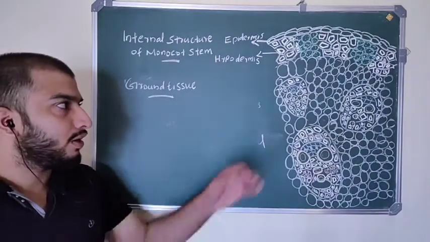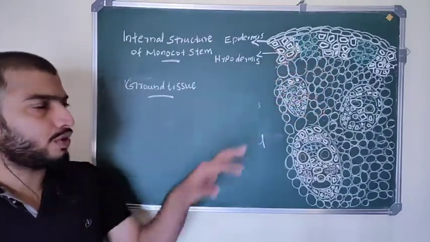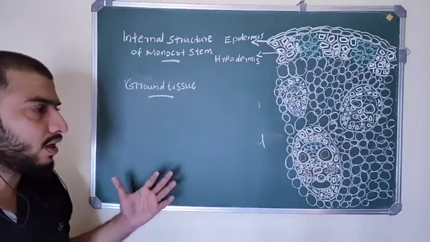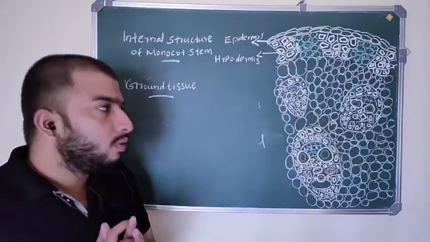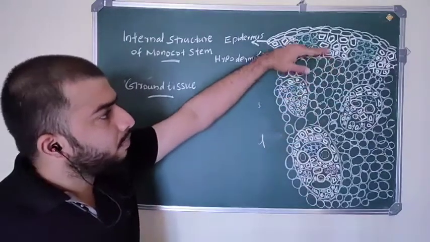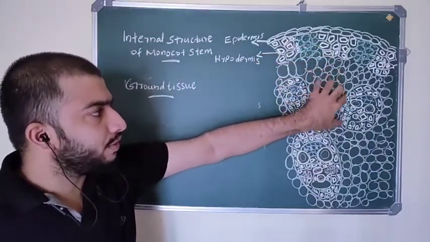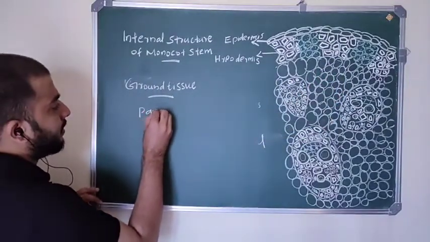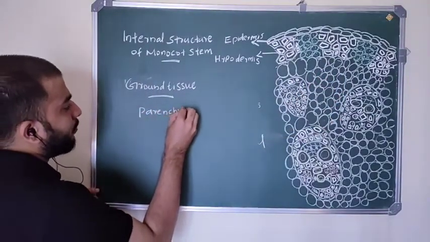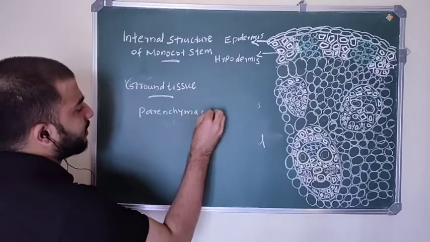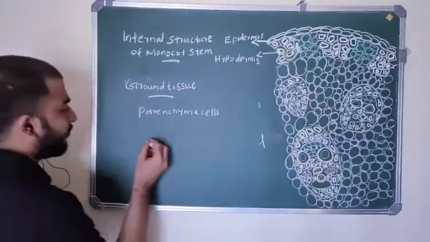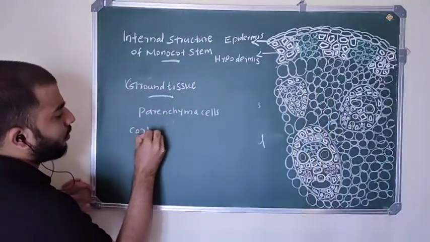This ground tissue is made up of parenchyma cells, and it is not differentiated into cortex,